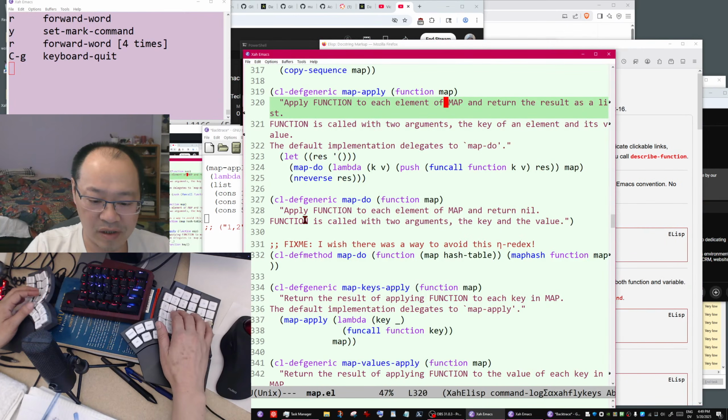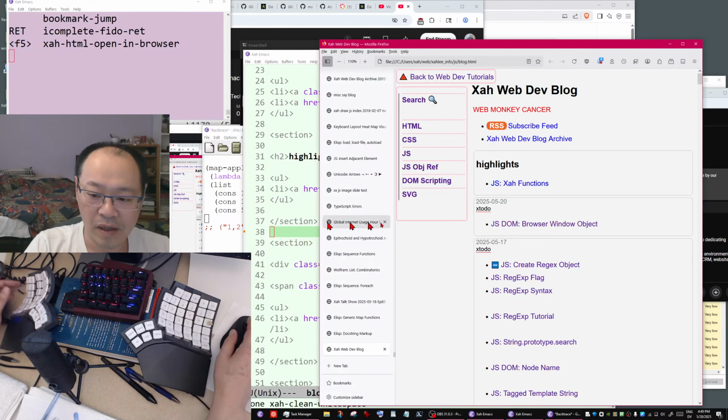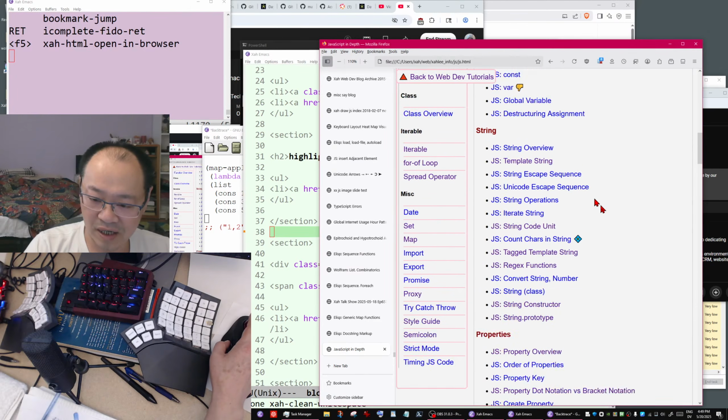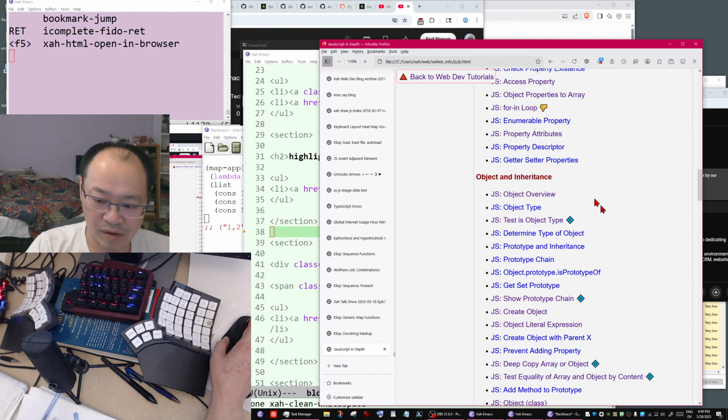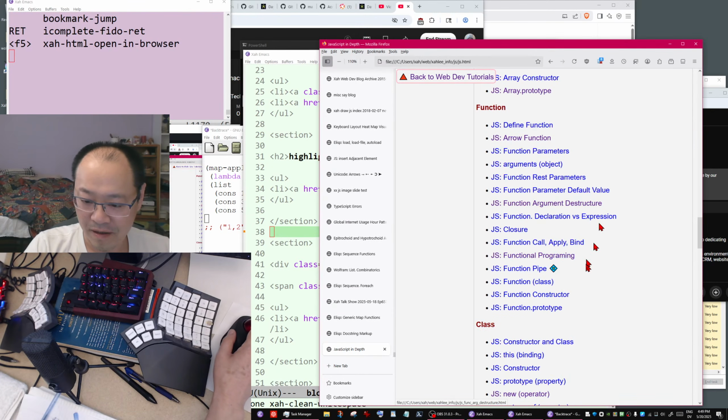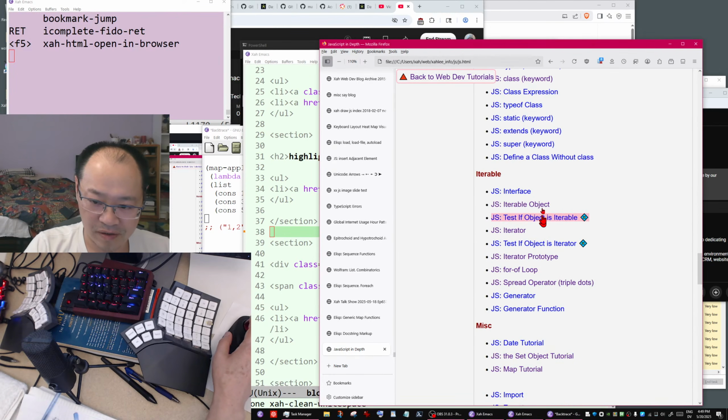So for example, in JavaScript, you have this entirely complex thing called iterable. Okay, you got iterable object, you got iterator, then you got iterator prototype, you got iterable prototype,